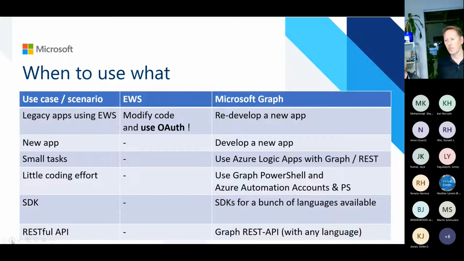It could be a Teams app or anything else. Also think about small tasks where you can use Azure Logic Apps and the Graph and REST APIs. And also think about little coding efforts. That will mean we go with Graph PowerShell, we use Azure Automation accounts, we use PowerShell scripts, and so